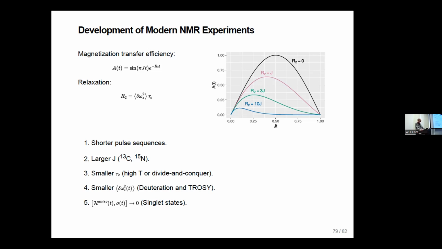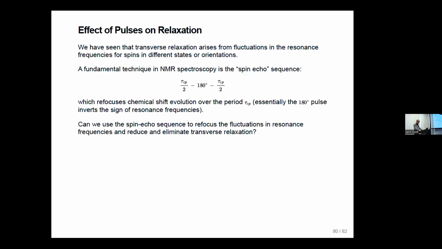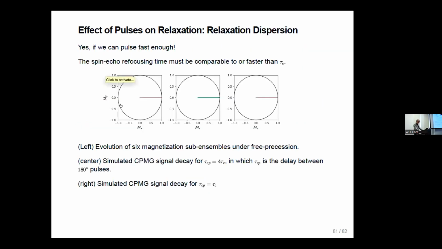On a Bruker probe, you can get a pulse on the order of 10 microseconds. So if you're talking about a 1 millisecond process, you can pulse before the spins have a chance to dephase very far and then get them back in the echo. And then you can just